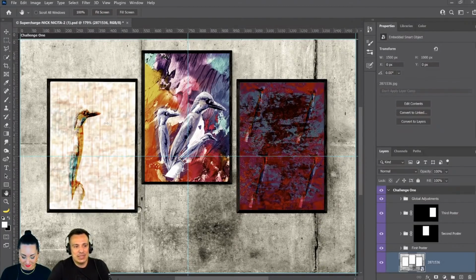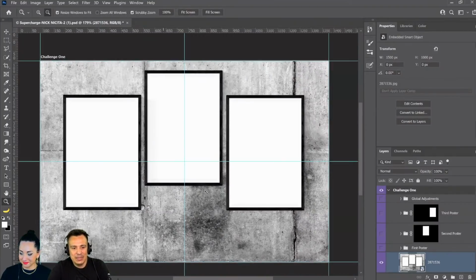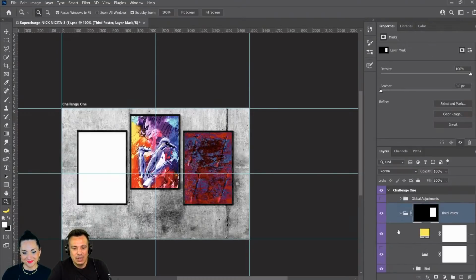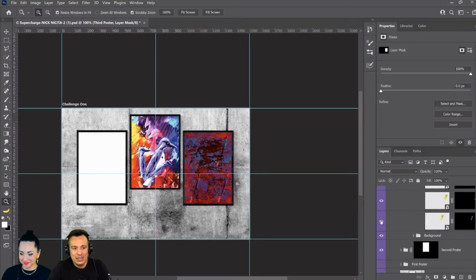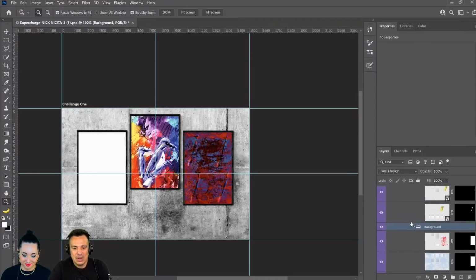Awesome. So this is the file that I'm going to work with today. And this file was a submission. It's basically just a template that displays these three posters, as you can see here. And the posters are just very small composites, and they're fine. There's nothing wrong with them per se, but there's a couple of things that I would do differently here.